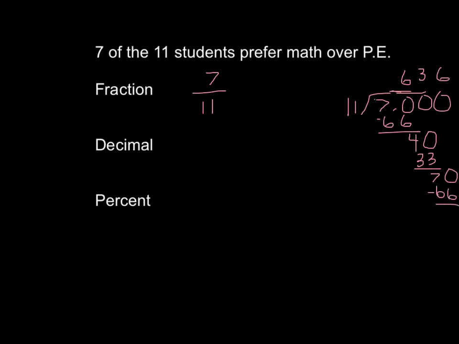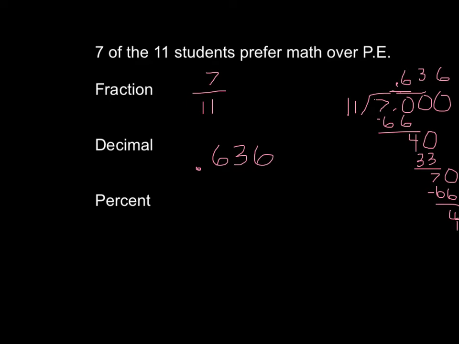Subtract. You'll get a 4. And as you can see, we actually do have a repeating pattern here. Now, my decimal will go straight up in my answer. So my decimal answer is going to be